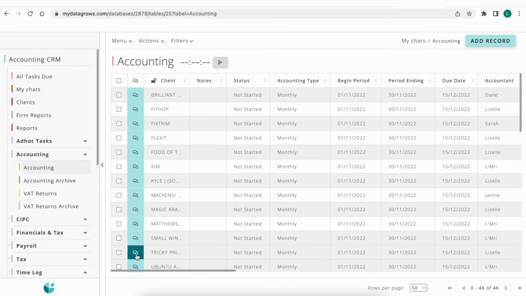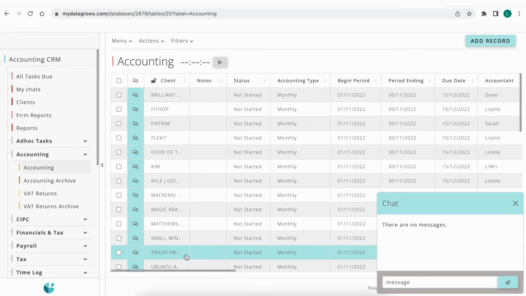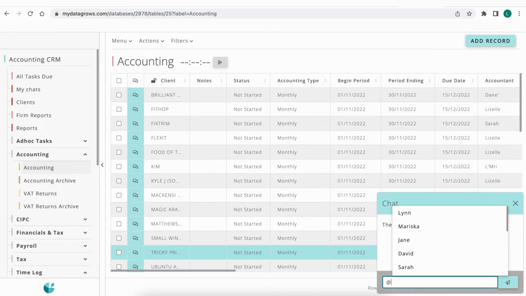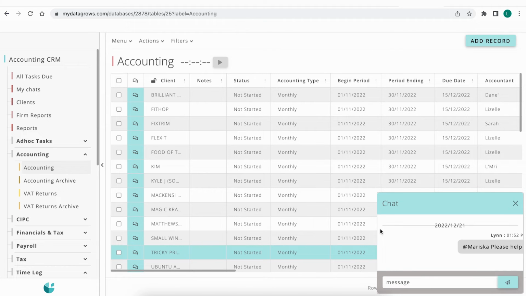You can also chat against any task in DataGrows by clicking on the chat icon and then typing @. This will reveal a list of all of the accountants on your team. Select the person you want to talk to and then type your message. This person will then receive a notification within their My Chats